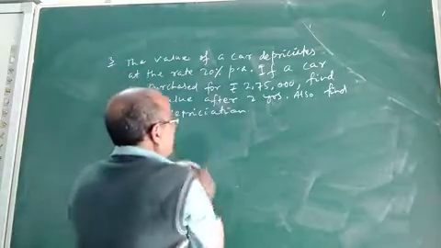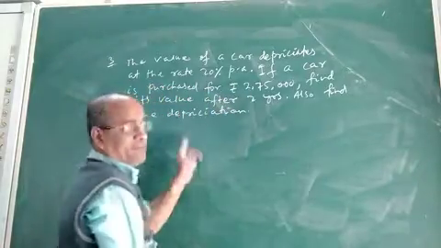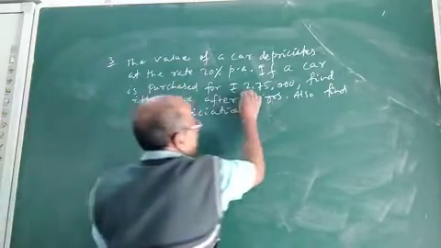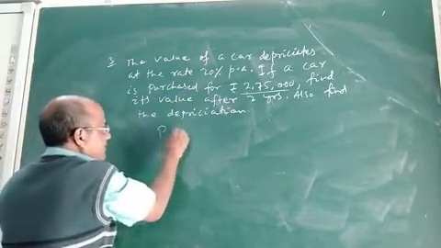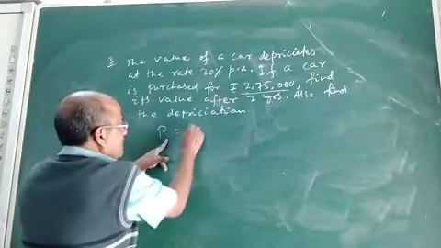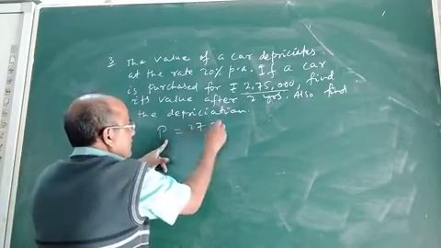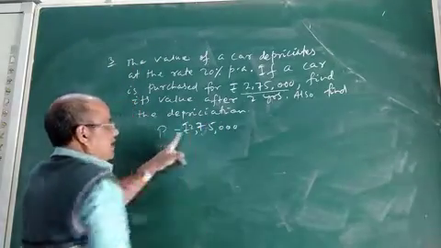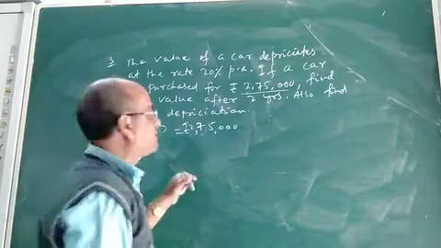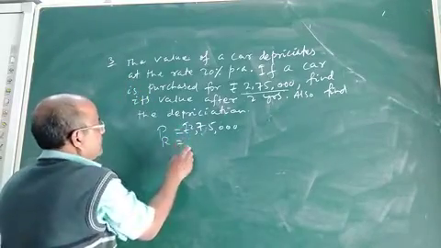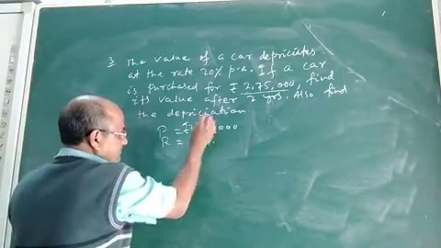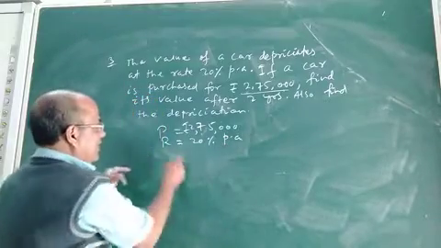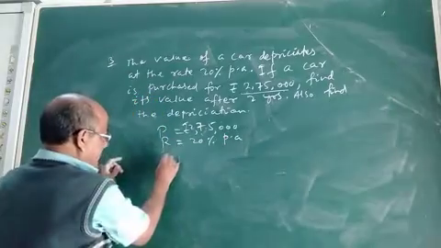So see, how to find this? As this is the case of depreciation. Okay, here we are given the actual price. This is the original price, which will be taken as P. Actual price of the car, P, is 2,75,000. This is the original price of the car. Rate is given, 20% per annum depreciation. Then the time period given is 2 years.